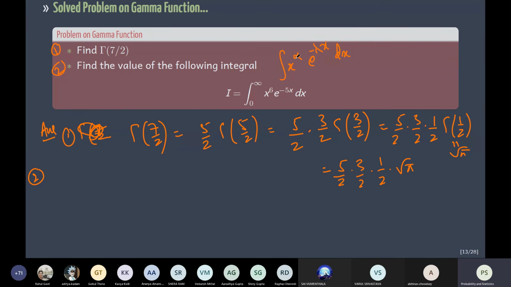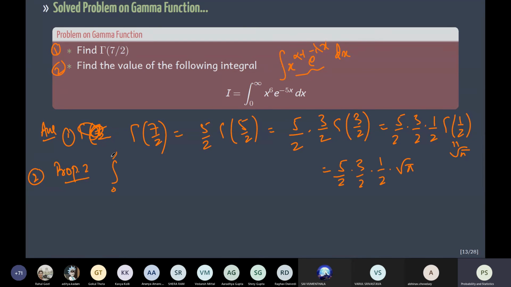So it seems like we can choose alpha to be, so it was alpha minus 1, right? So alpha to be 7 and lambda to be 5. So it seems similar. And then we had a property that relates this to gamma alpha. So what was that property? So property 2,